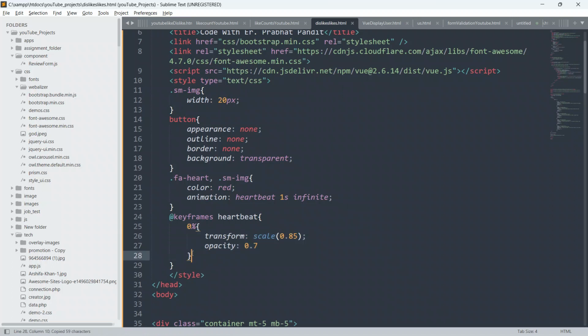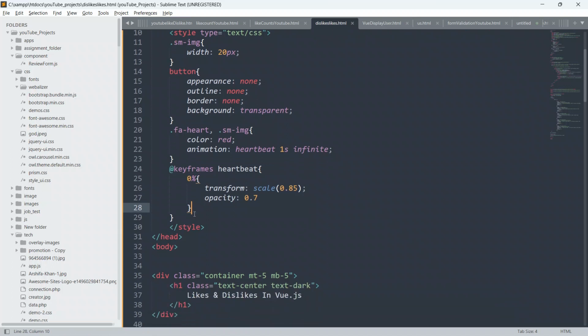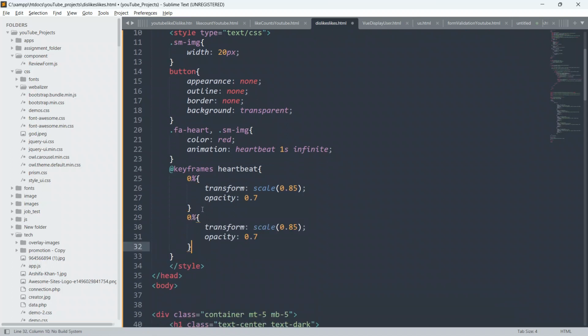Just save, copy this code, and we have to paste it 3 to 5 times, and later on we will define the percentages. Copy this and make this 15%, define the scale as 1, and give opacity 1.